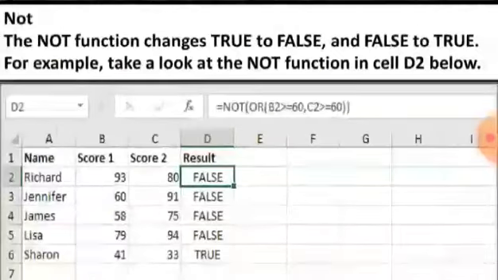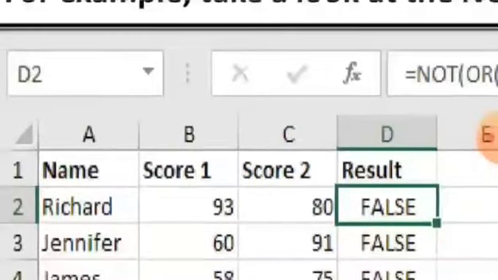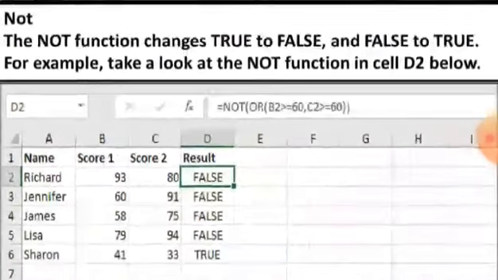It is the previous example only, but in this example we have used the NOT function also. Richard, Jennifer, James and Lisa all fulfill at least one condition, yet their result is false. And Sharon does not fulfill any condition, yet Sharon's result is true because we have used the NOT function. The result of the NOT function is just the opposite of the real output.